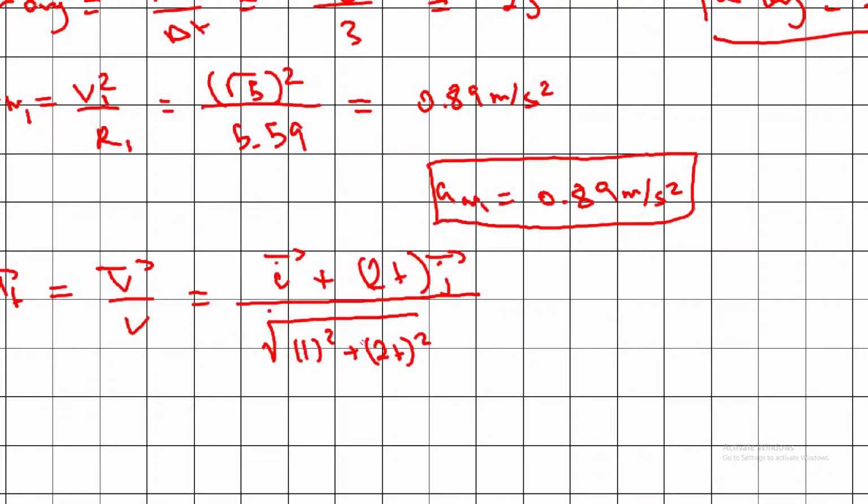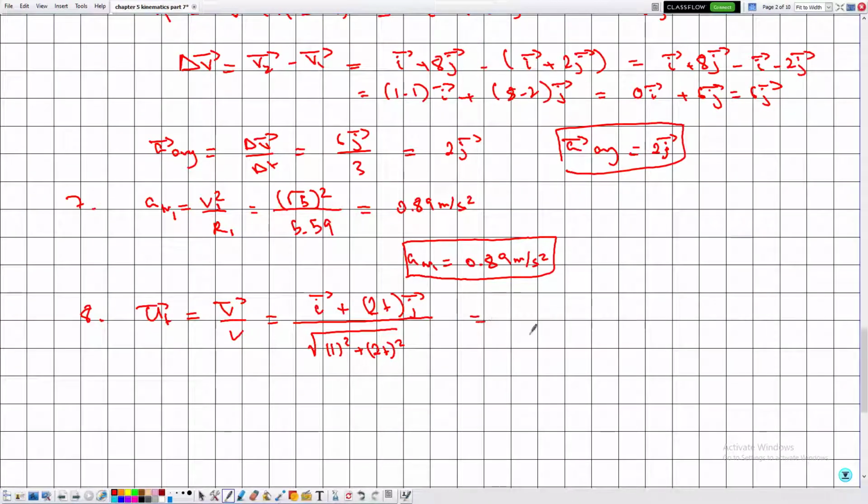And now this is the addition of two fractions having this common denominator, so we can split them out. It's given by 1 divided by square root of 1 plus 2t square multiplied by the unit vector i, plus 2t divided by square root of 1 plus 2t square multiplied by the unit vector j. Then the tangential unit vector is given by 1 divided by